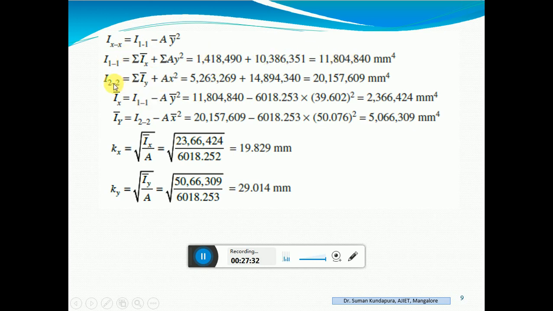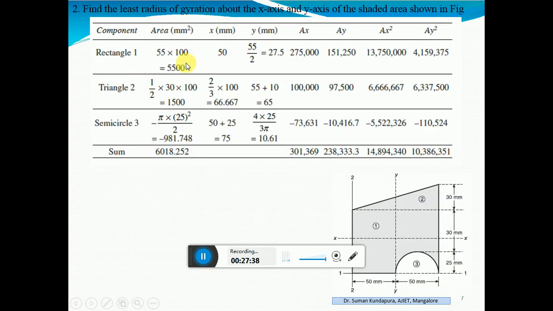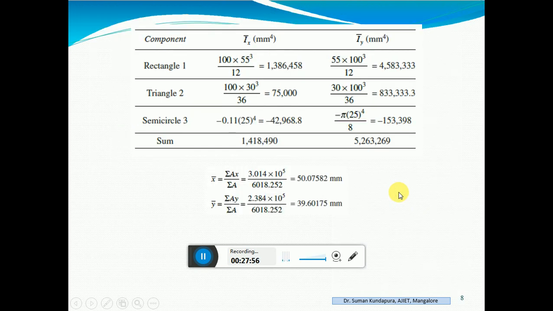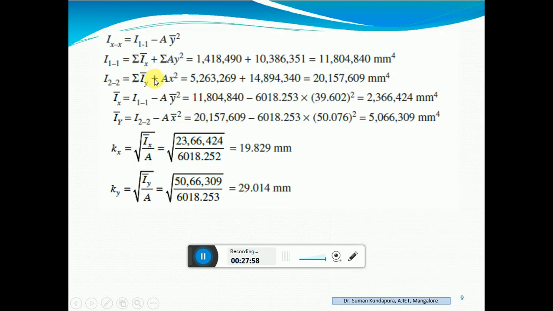Similarly, I22 is equal to summation I y bar, because 22 is along the y-axis reference axis. I y bar is along this centroidal axis, the y centroidal axis. So parallel axis theorem along this, so it is plus A